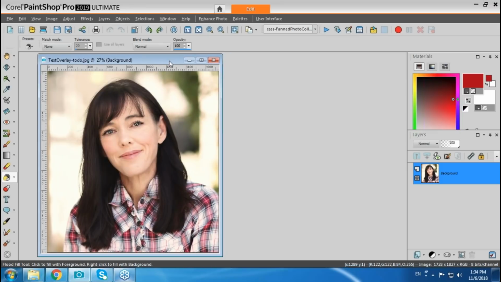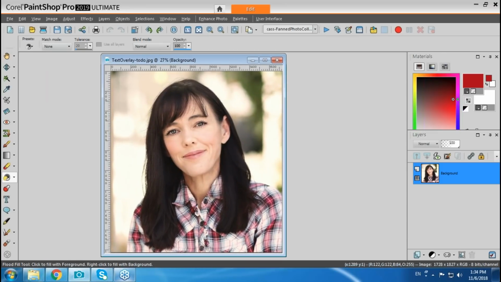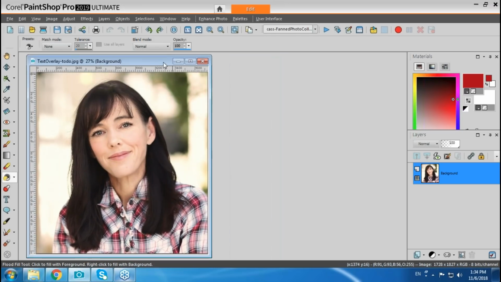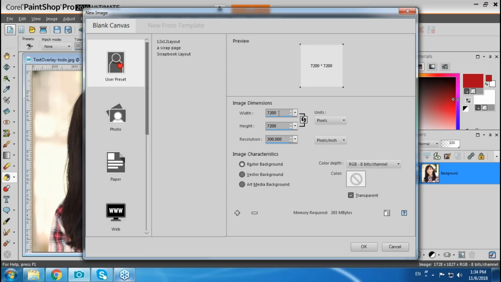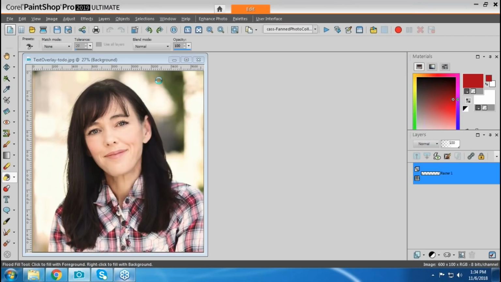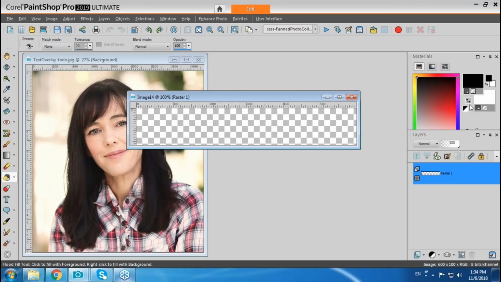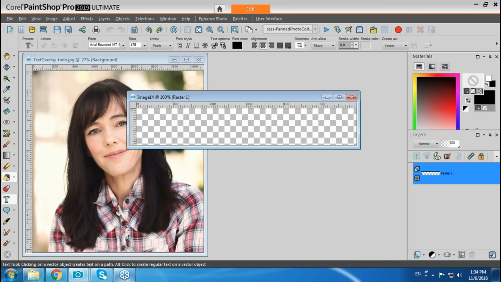And we are going to be using this photo and adding a text overlay. So first of all, I'm going to create my text overlay to be something seamless. So I will start with opening something that will be, let's say, 600 pixels by 100 pixels. And I'm going to be using just black. And with the text tool, I'm going to write some words. So I'm going to write, for example, let's say